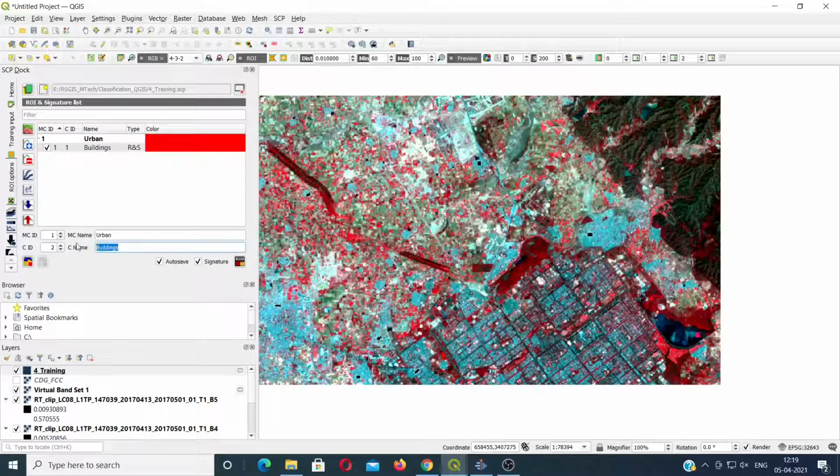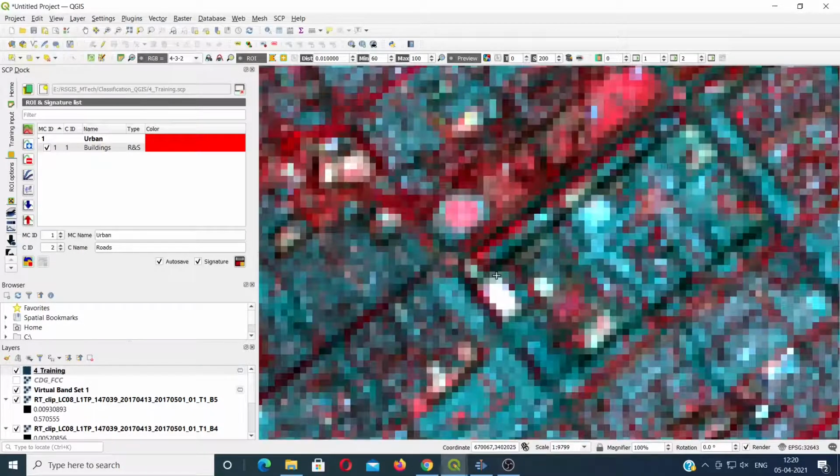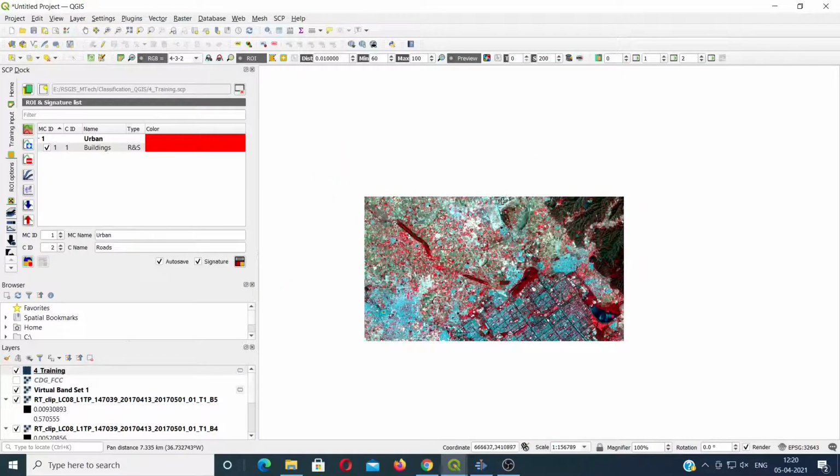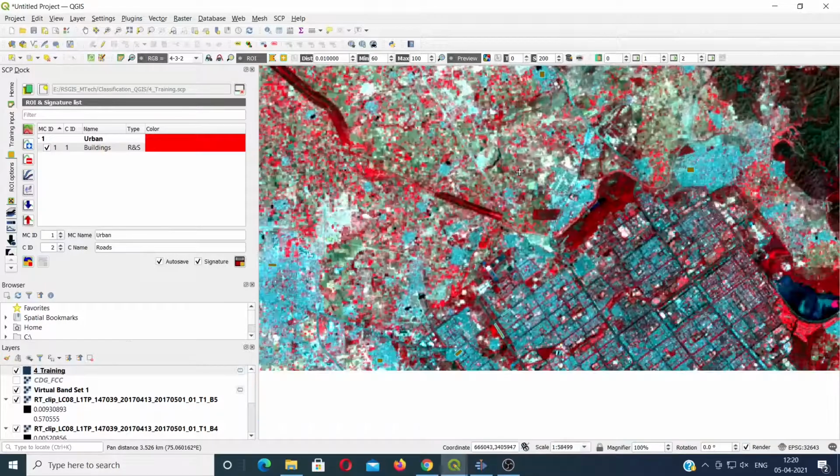Now the second thing I'm going to do is class ID number 2. Here I'm trying to take roads. Let us say I'll take a couple of road signatures. You can identify a few road structures. So this particular thing is a road. Now similar to that I'll take this particular road here. Then we have one more road structure here.